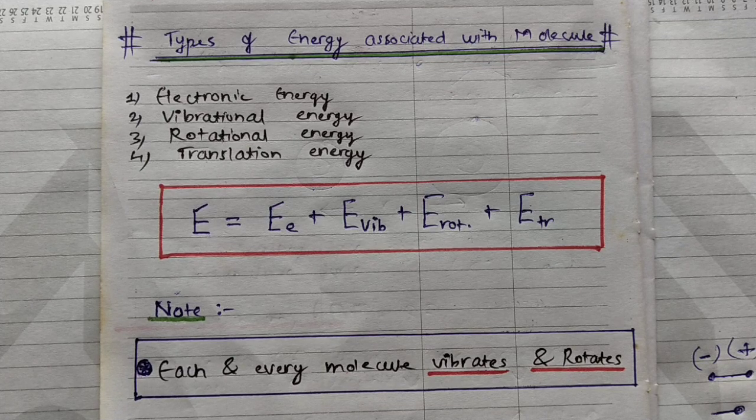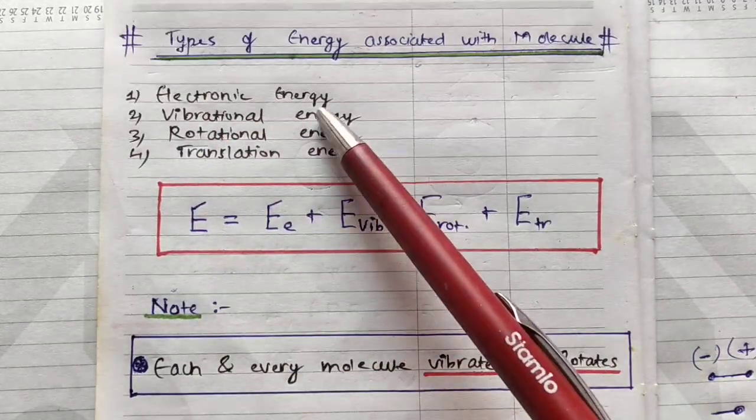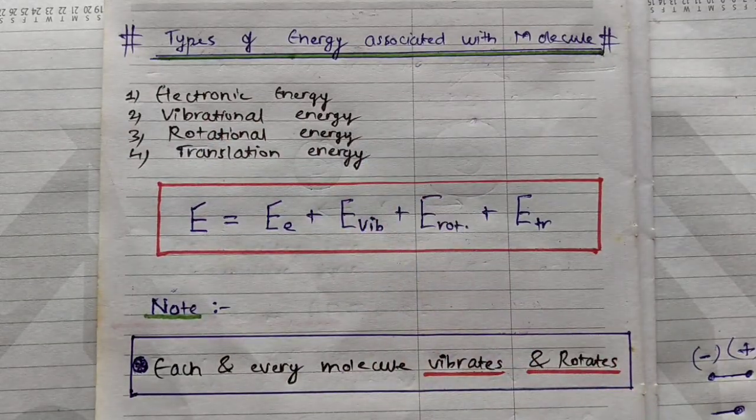Hello class. Before studying the criteria for a compound to absorb the ionization, we should know some basic terms. First, let's know that there are different types of energy associated with a molecule. There are actually four types. Adding these four types of energy gives us the total energy